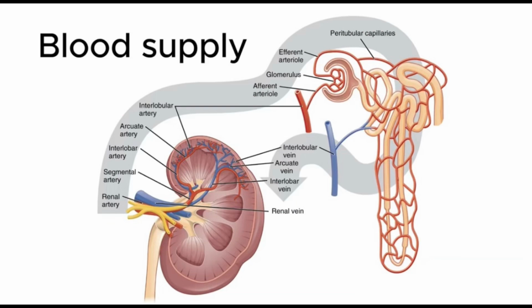Renal vasculature, a journey through blood flow. This includes the renal artery from the abdominal aorta, segmental arteries, interlobar arteries, arcuate arteries, interlobular arteries, afferent arterioles, glomerulus, efferent arterioles, peritubular capillaries, or vasa recta. Venous drainage reverses this pathway from interlobular veins, arcuate veins, interlobar veins, segmental veins to the renal vein, and finally the inferior vena cava. Note that renal artery and vein variations are common.